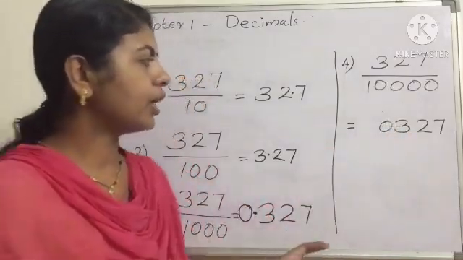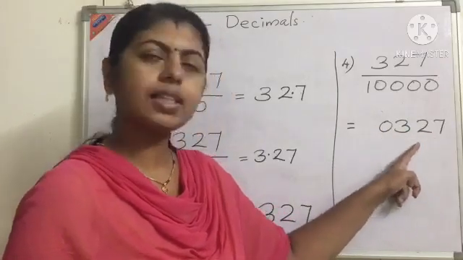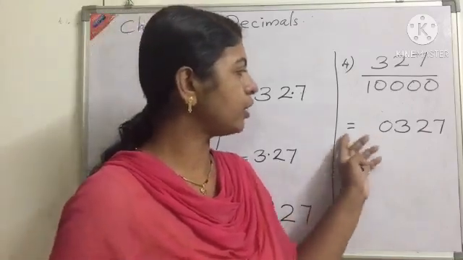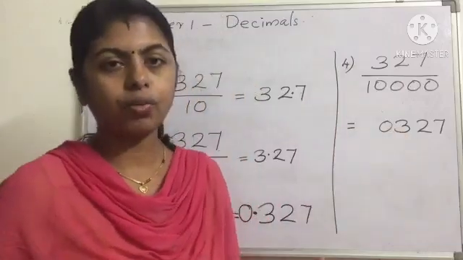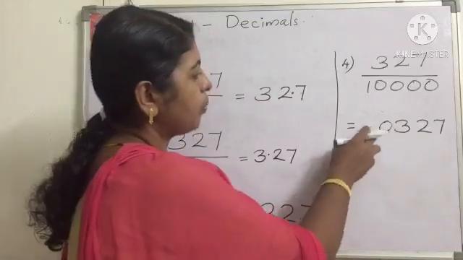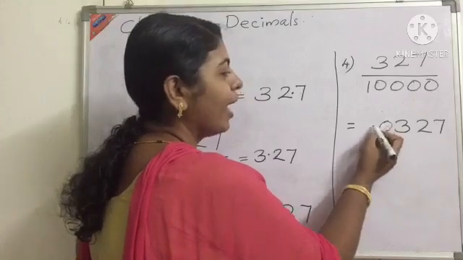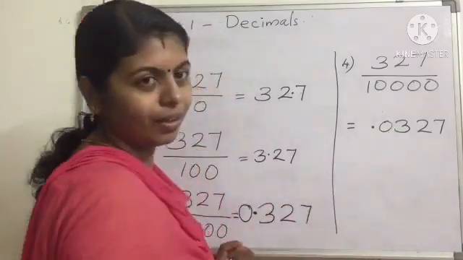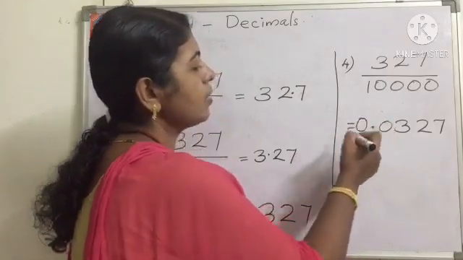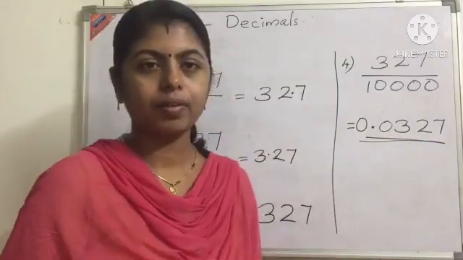Then the value will not change. It's 0327, which means it's 327 itself. If we write a 0 to the left of the number, it has no value. So I put 1 zero here. Then now how many digits? 4 digits, 1, 2, 3, 4. After that we want to give 1 dot. Here also after that there is no number, so we can give 0. Now this division is clear, no?